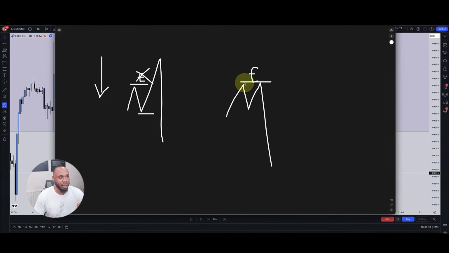I don't want to see this. I don't want to see this either. I don't want to see this drop here, because for me, once again, there's still money above here. The best one I like to see is this one. Second will be this one, and I just don't like this one whatsoever. This is the one I normally trade towards.